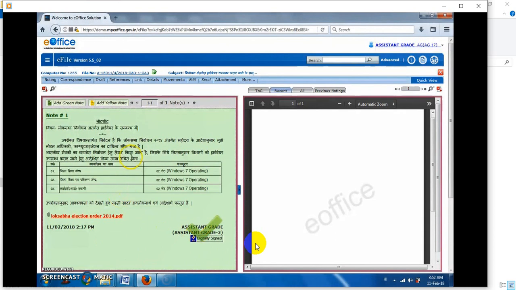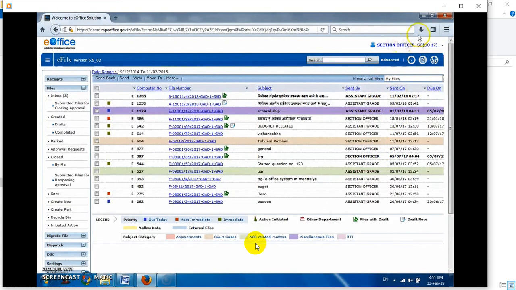We can see the draft, but I will log in as section officer, and we will see how it looks in his inbox. So I am now in the section officer login. Important is that the same file is in his inbox. See, there is a correct mark in green color. It is showing that it has a draft. It is a way to inform the user about the draft's presence in the file. Okay, let me click on the file number link. Let's see what is inside for us.